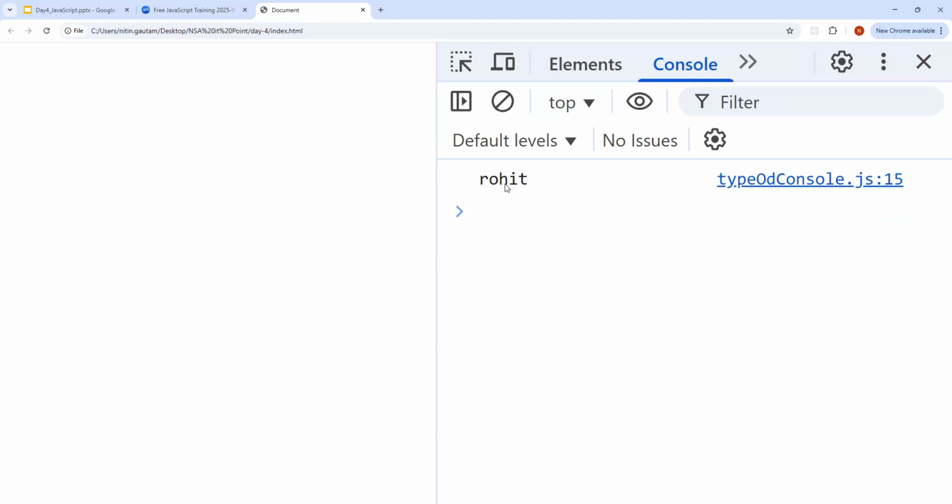So we see we can write single line, multiple lines, and single variable. We see single variable too. Multiple variables, simple. Multiple variables like let firstName equals to